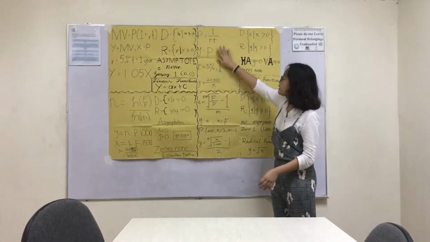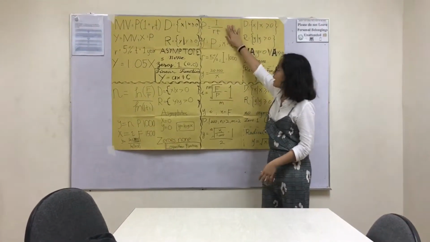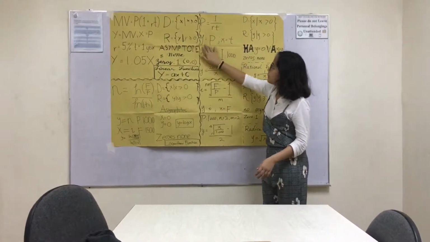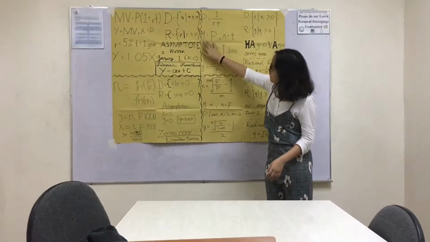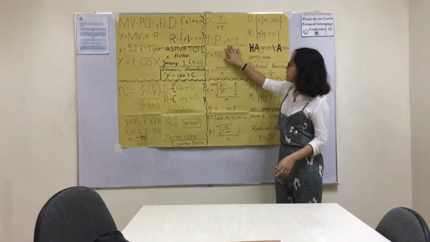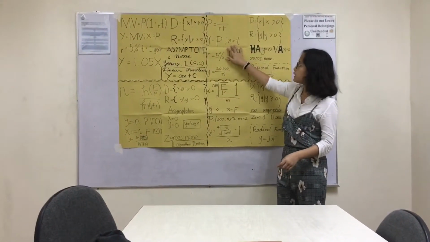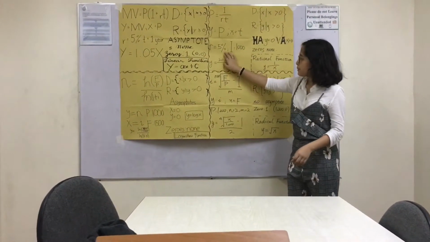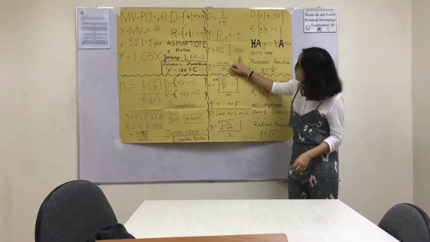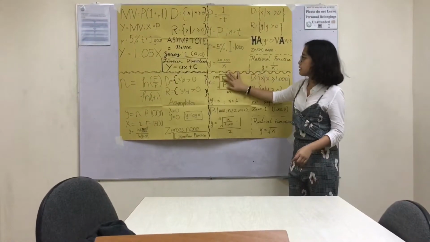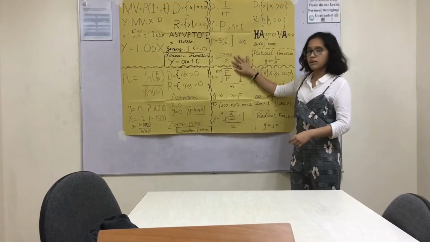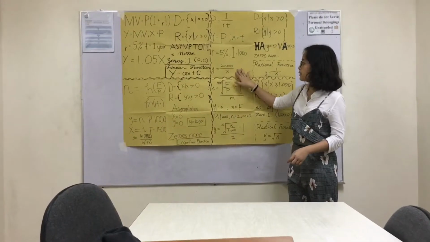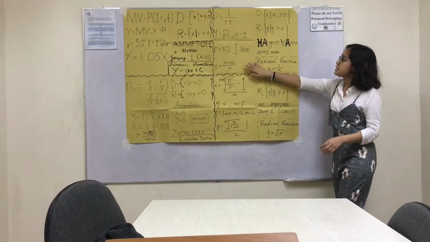For the principal, P is equal to I over RT. The dependent variable is P and the independent variable is time. We have here 5% as the rate and 1,000 as the interest. Here is the simplest form of the formula, and this